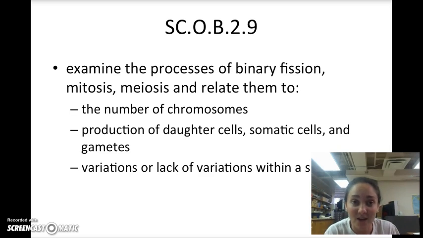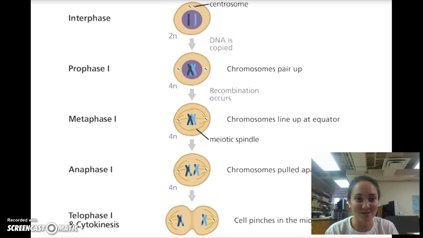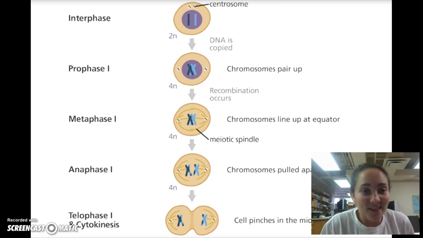make sperm and egg? So the course objective that we're looking at is to examine the process of specifically meiosis and relate it to the number of chromosomes, so production of daughter cells and gametes, and then looking at variation within a species. So to get started, the main similarity between mitosis and meiosis is that the phases are the